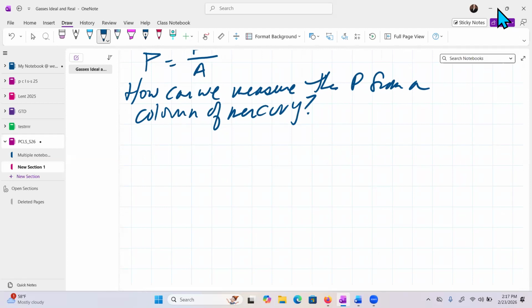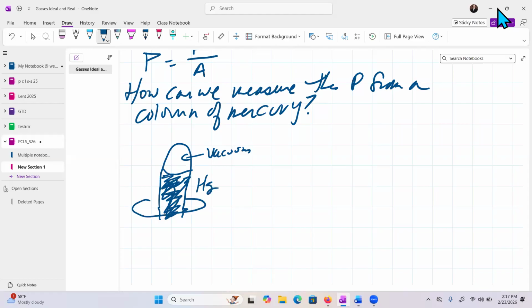It works like this. You have a tube, like a glass test tube, as you can tell from my sketch. It's going to have a vacuum up at the top, and down here it's going to be filled with some liquid mercury. That's the mercury, and it is sealed by being immersed in a dish like this. Usually there's water here or some other liquid, it doesn't actually matter. But the point is that the dish is full, so that this creates a vacuum up here.